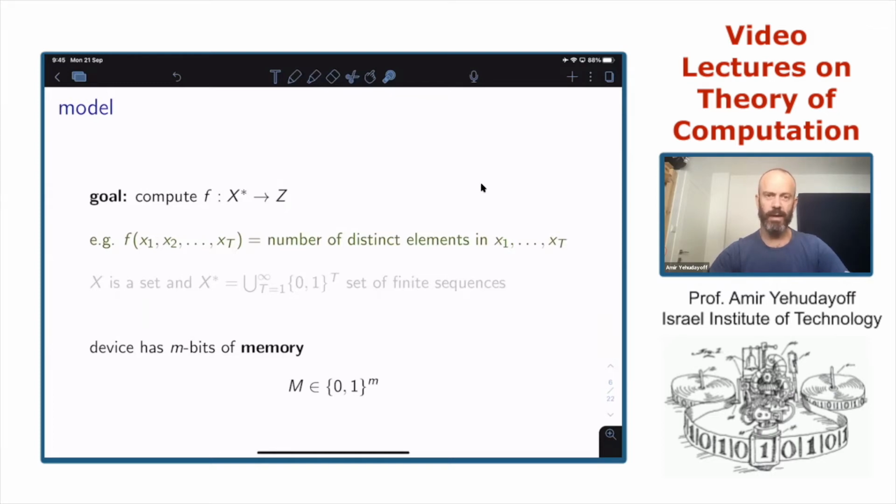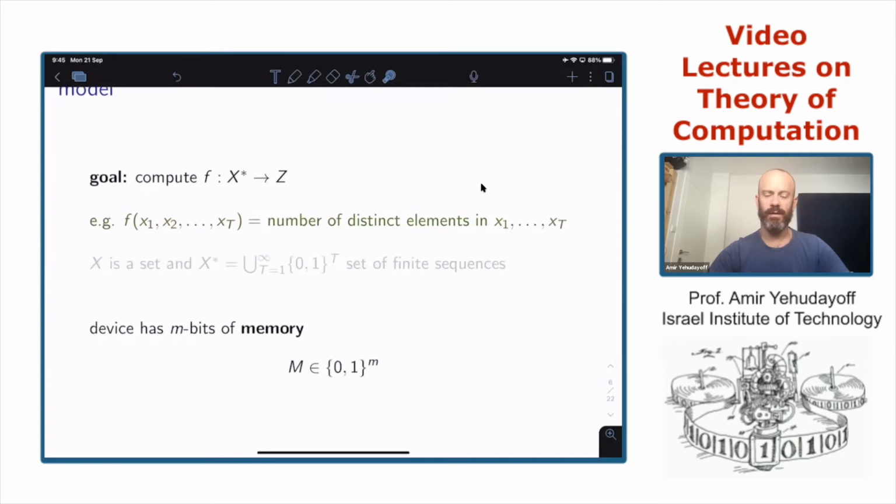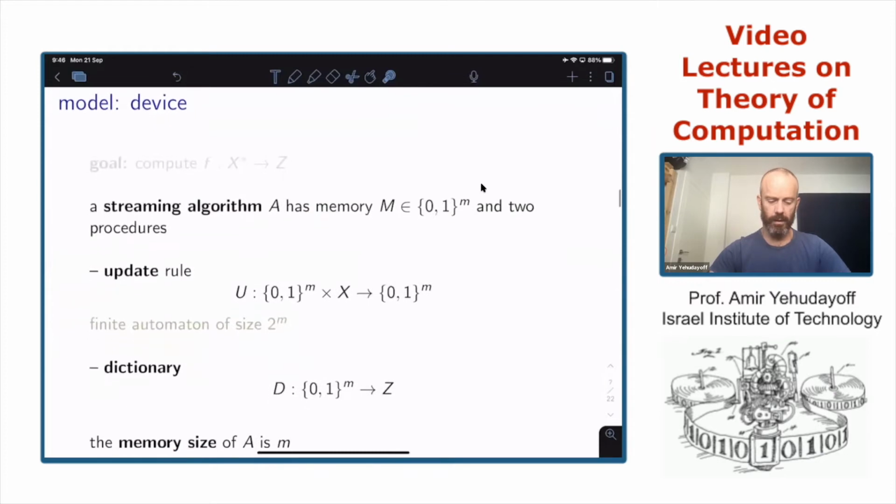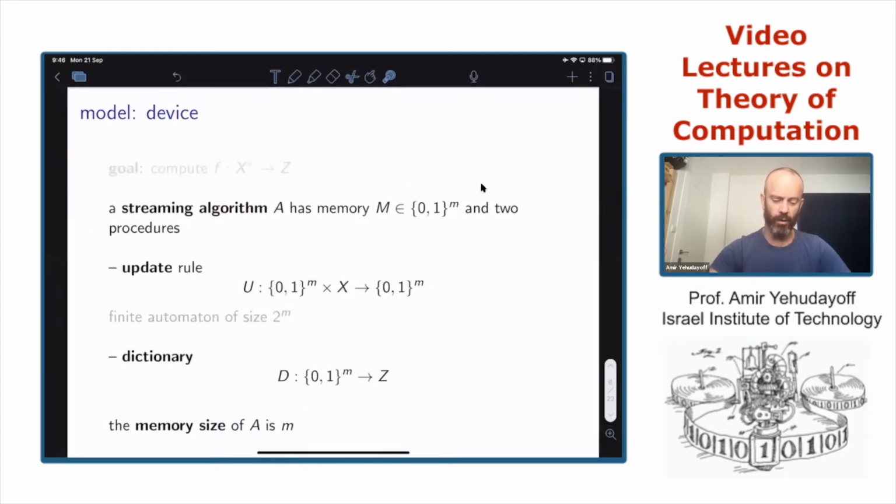Now we need to define the device. What are the devices we are going to work with? I remind you that the goal is to compute this function f. The device we will call a streaming algorithm. What is a streaming algorithm? There are three components. There is the memory, which is some string of n bits. And then there are two functions, two procedures.